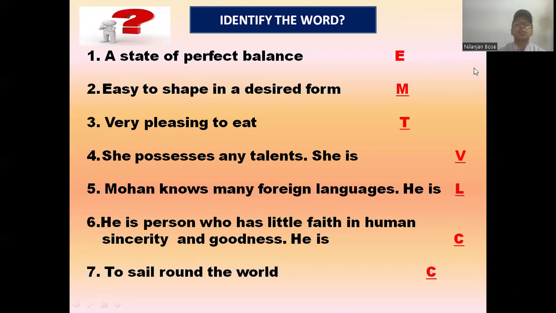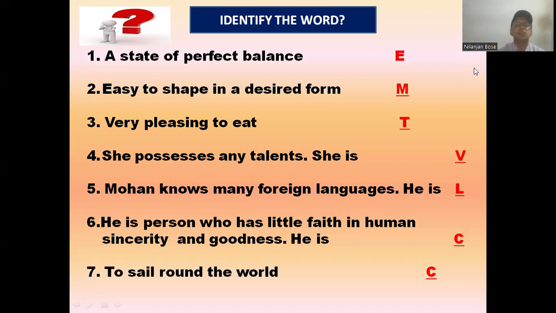Look, this is the first exercise. You need to identify the actual word. I have given you a part of a sentence, a hint, and after going through this particular hint, a clue, you need to find out the actual word. What word can replace all these words? For many words, you have to select one word. But there is a twist in the game: I have included the first letter by which the word will be starting. So the first question is, a state of perfect balance.